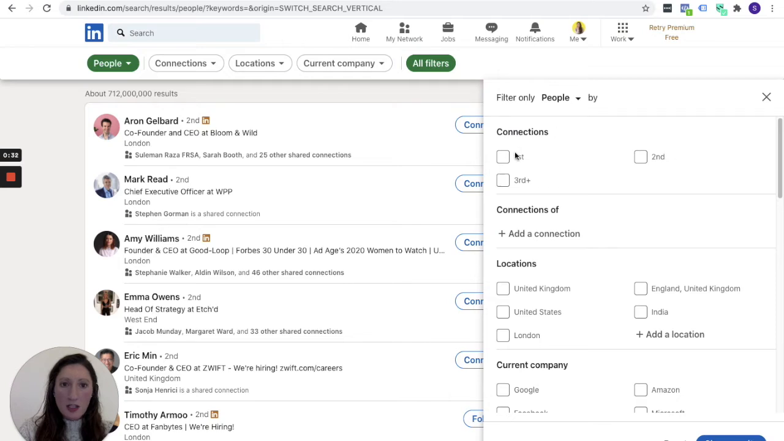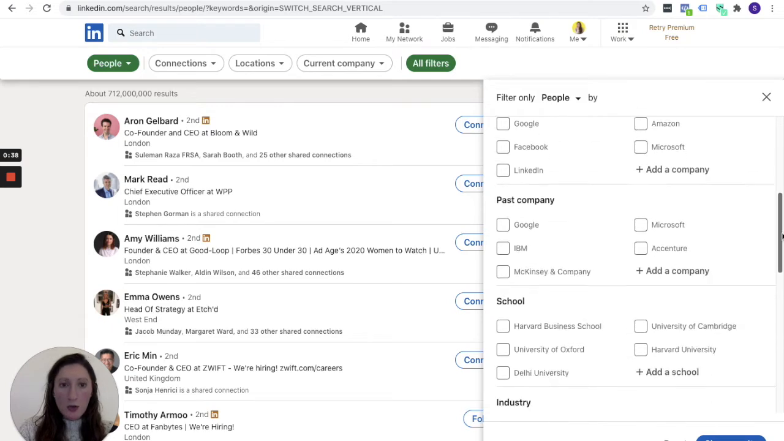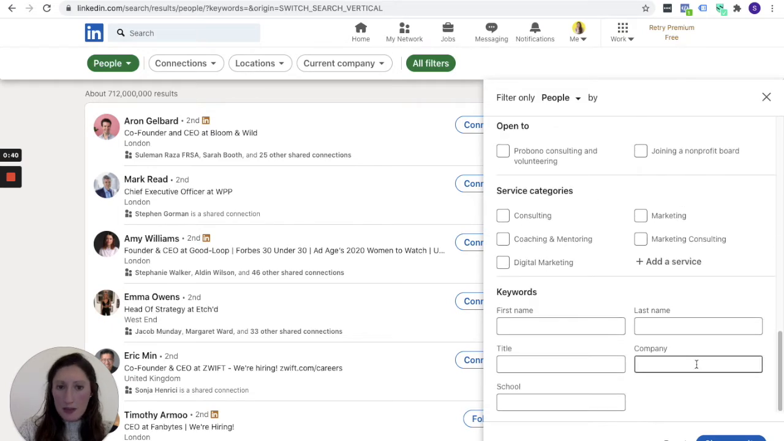So when you're in connections, you can choose your first, your second, or your third, but we're going to ignore this just for now. Let's go all the way to the bottom because I think it's the most important one. If you're looking at keywords, title here actually means job title. So for example, for me, I work with a lot of founders, a lot of entrepreneurs, a lot of CEOs. So if I'm looking for my ideal client, here I'm going to go with founder, for example. But I don't want founders who are everywhere. So I'm going to go back up